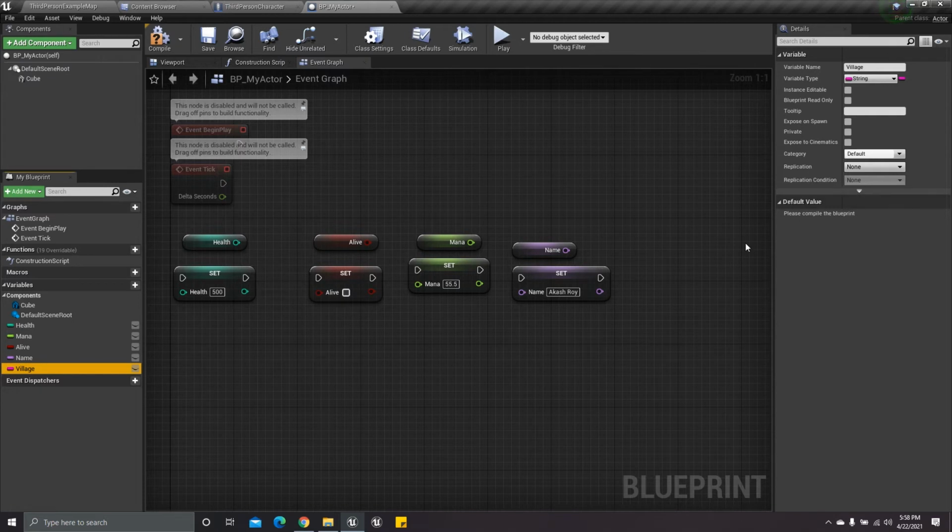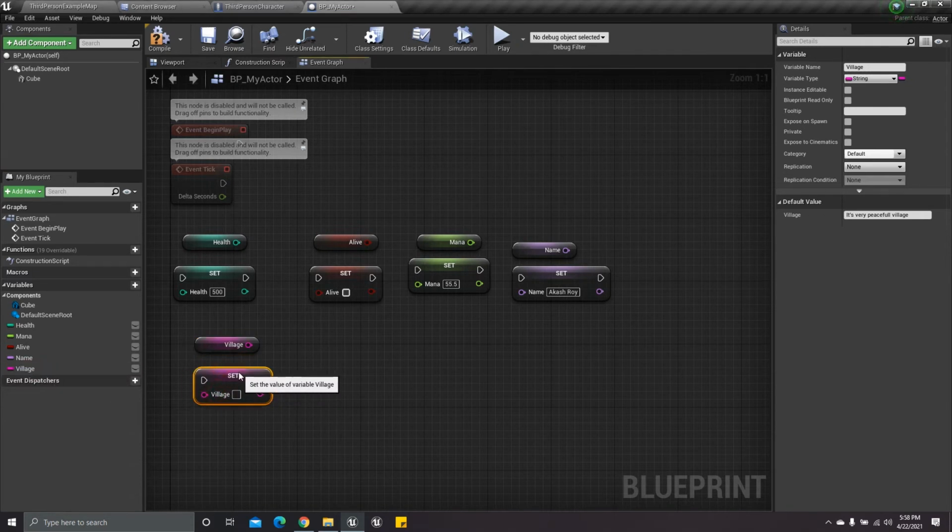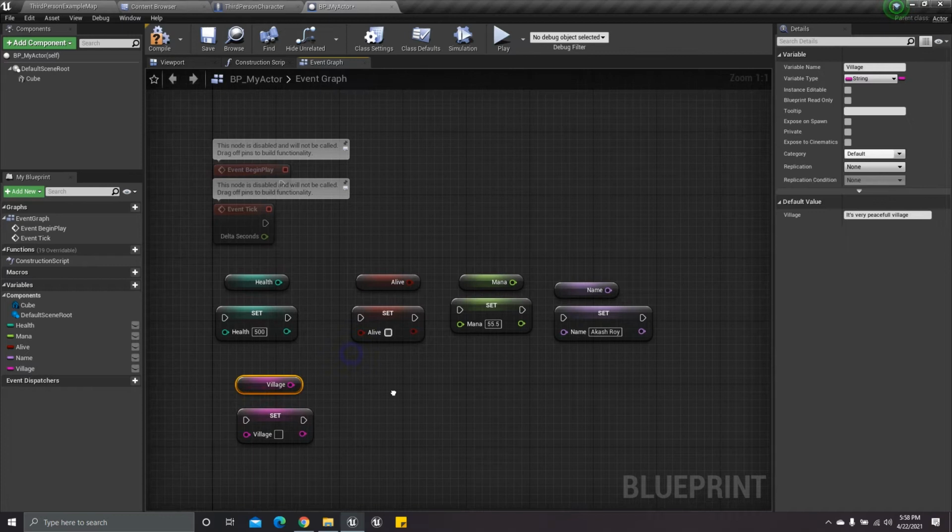I have to compile it so that we can print this string. It's a very peaceful village. Okay, so now my message will come with this string. So get village. Then if you want to override your message, you can print it here.